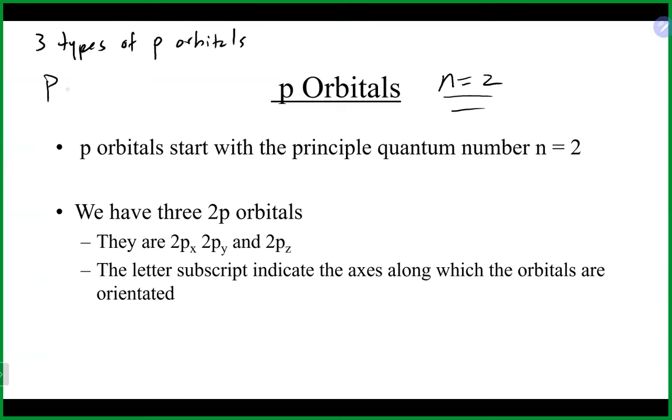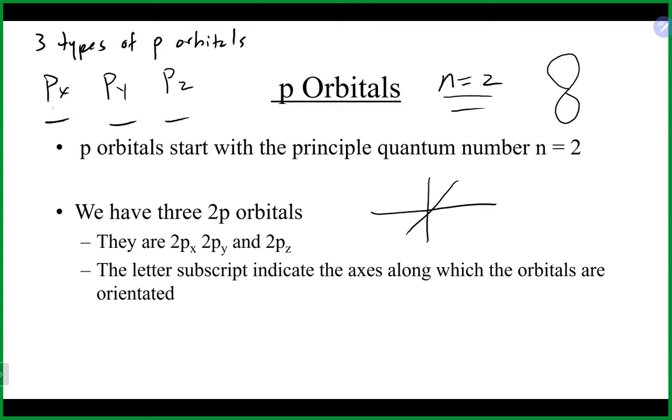There is a px orbital, a py orbital, and a pz orbital. And as we'll see in that picture, they are kind of like figure eights, if you will. They look like that. The x, y, and z is like the coordinate plane in math, right? If there's an x, y, and z axis in three-dimensional space, you've got one on each of those in three-dimensional space. Now, because there are three different p orbitals, each one could hold a maximum of 2 electrons,